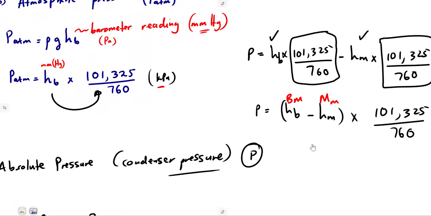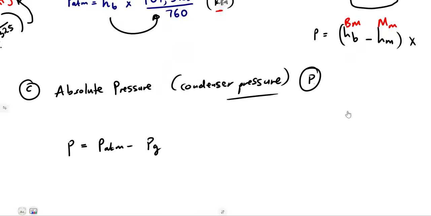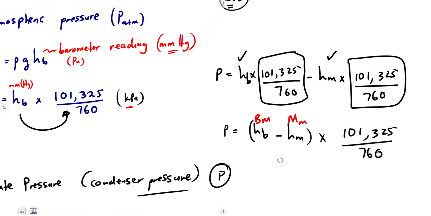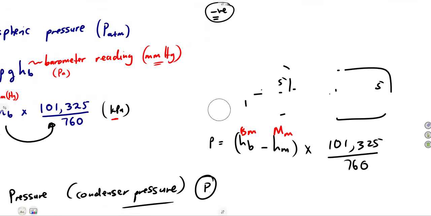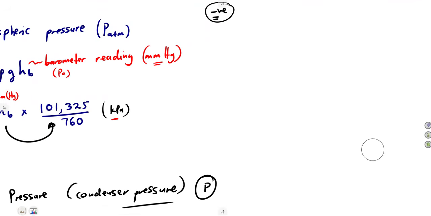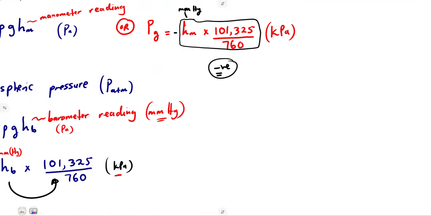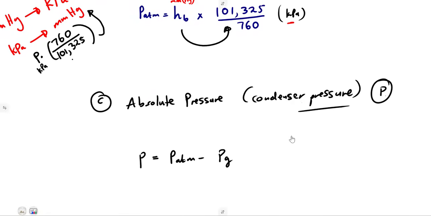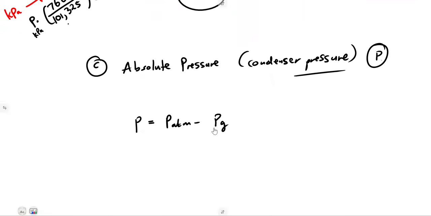Absolute what? Pressure. So this is the one that we're going to have here. From that difference, that is where it is going to end up. All right. So we saw, guys, where this one was taken from. If we combine those two, because PG is taken as a negative, meaning to say at the end of the day, our absolute pressure or the condenser pressure can be given as HB minus HM